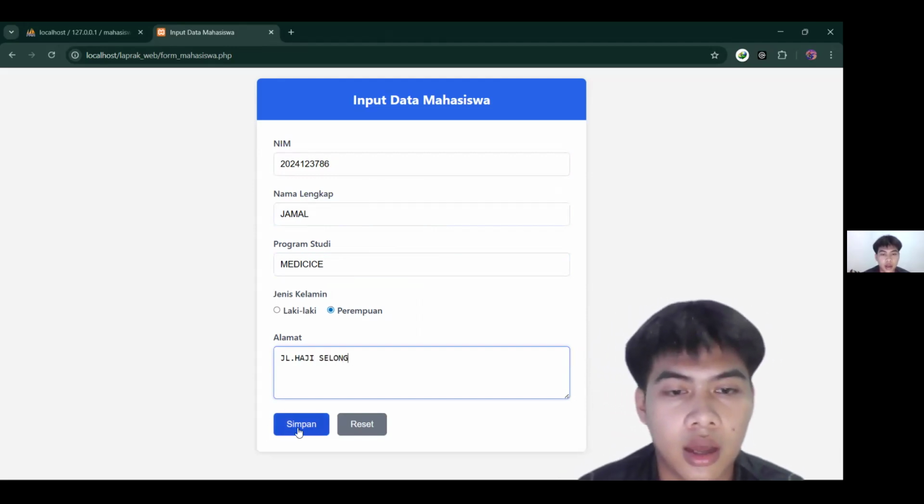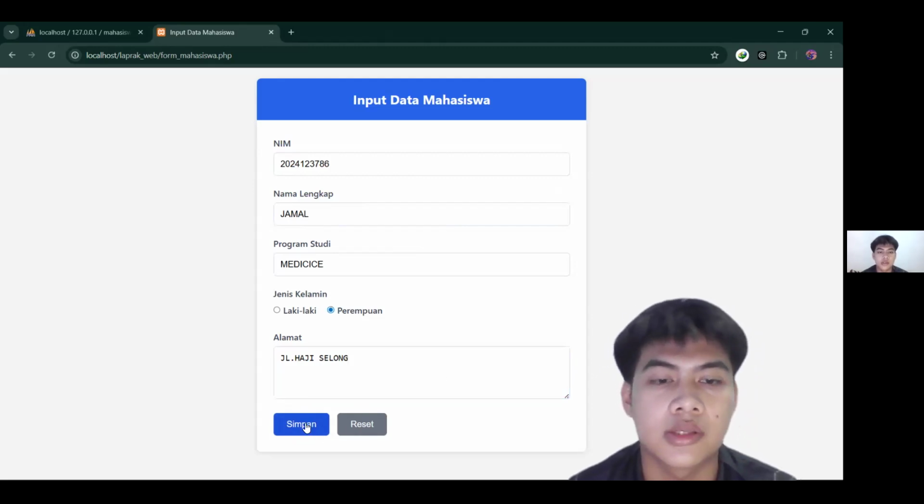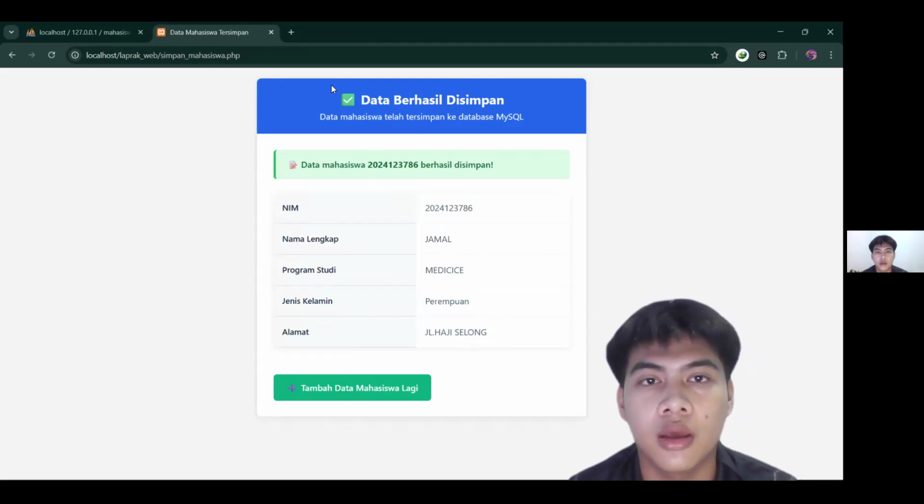And then when I click the simpan button, it will go to this page again. So it can do multiple data saves.